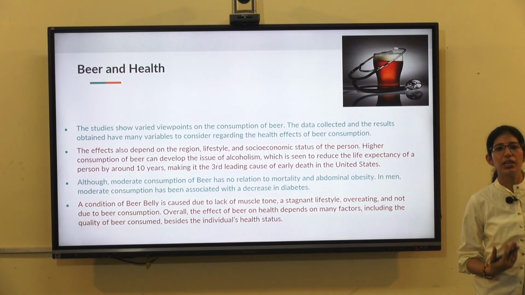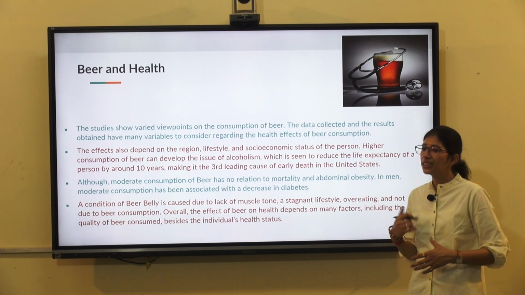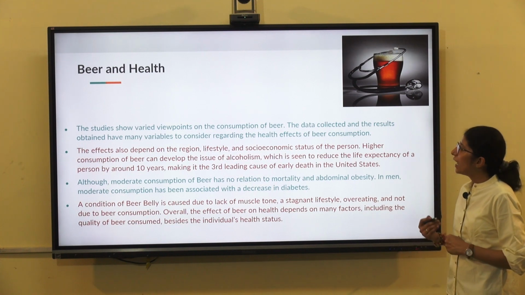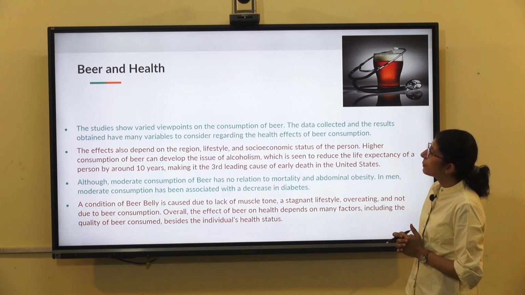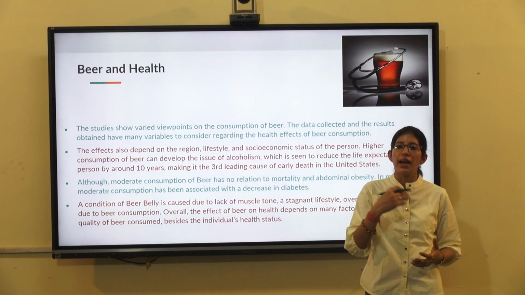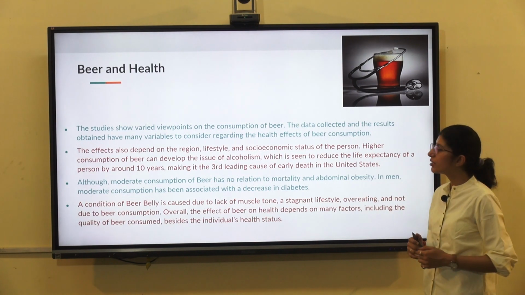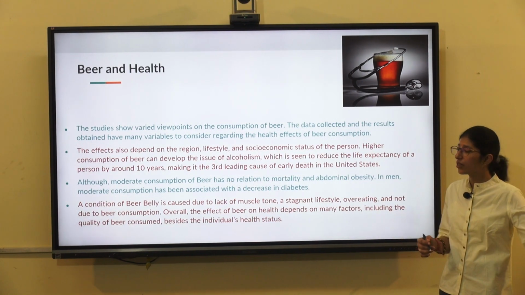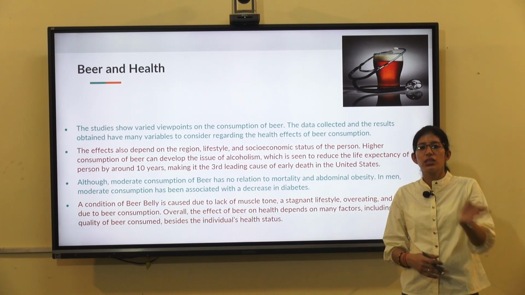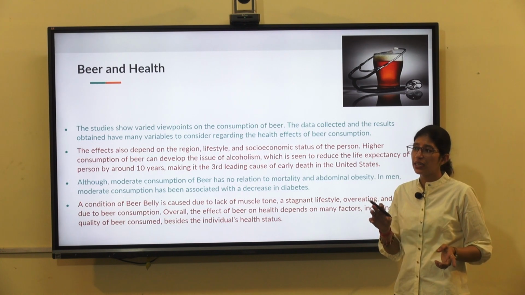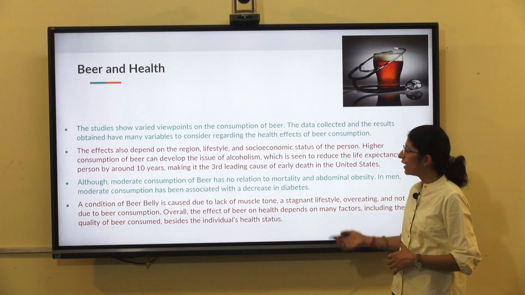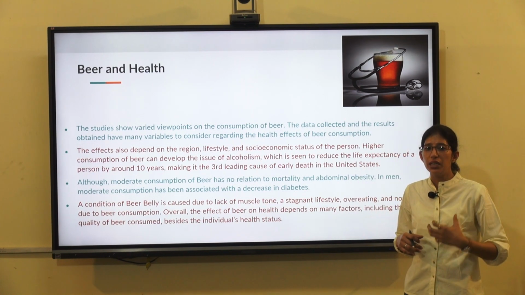What is the relation between beer and health? There are studies showing that beer consumption has socio-economic aspects, and these are actually affecting health. For example, beer consumption is said to reduce the lifespan of a person by 10 years if the person is a heavy drinker, just of beers, not of other alcoholic beverages. But again, there is no established relation of beer consumption with mortality yet. It is controversial data, and it needs to be clarified with scientific data and research to determine the actual relation of beer to health.